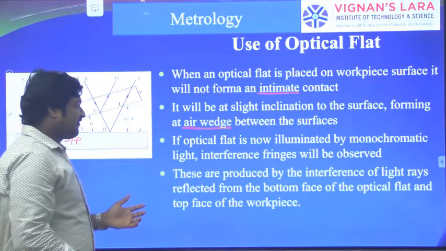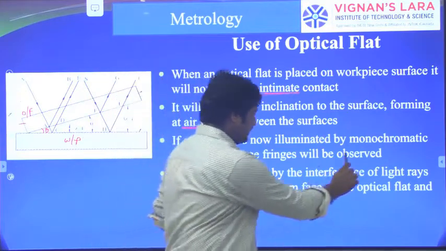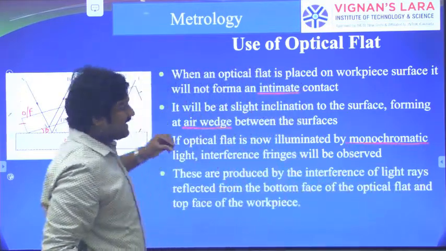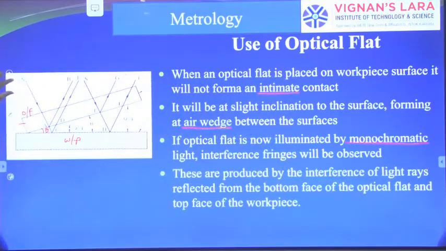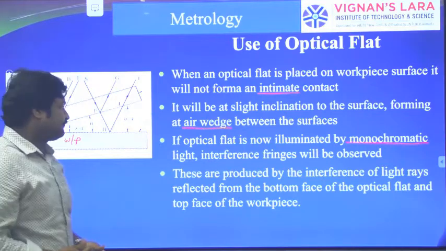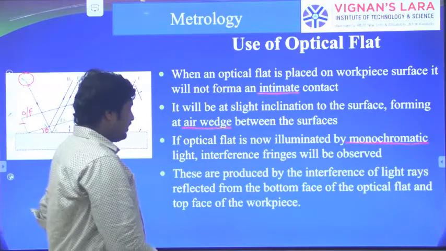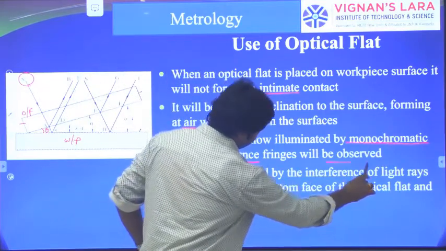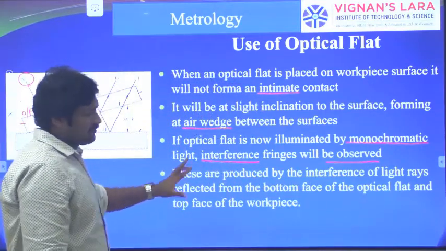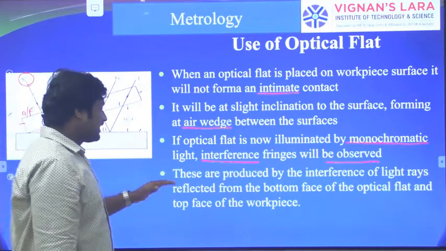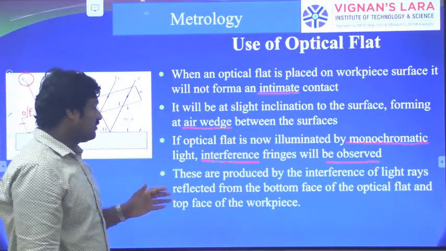So if the optical flat is now illuminated by monochromatic light, so here we are passing a light ray on the optical flat. Consider this S. This S is a source. From a source of light, a light ray is emitting on an optical flat. So if the optical flat is now illuminated by monochromatic light, interference fringes will be observed. We will discuss that. So they are produced by